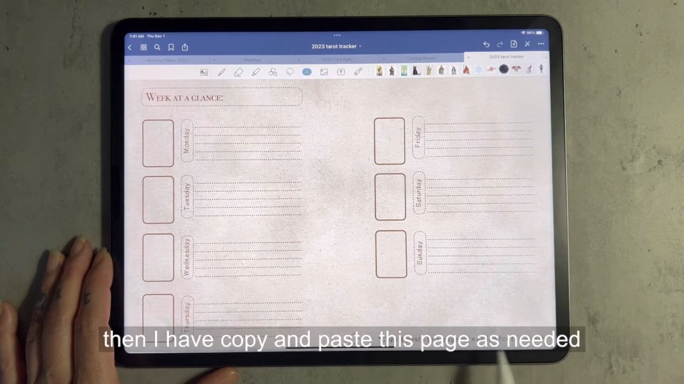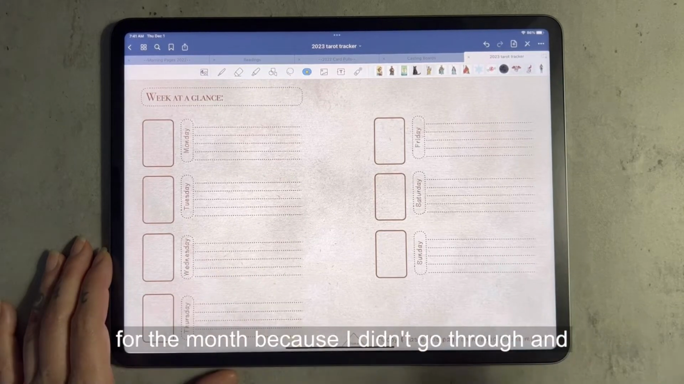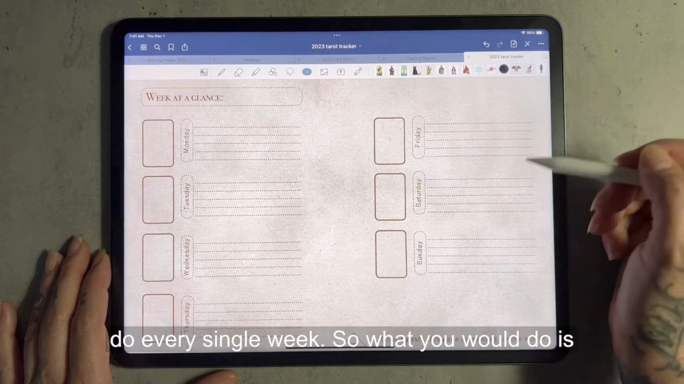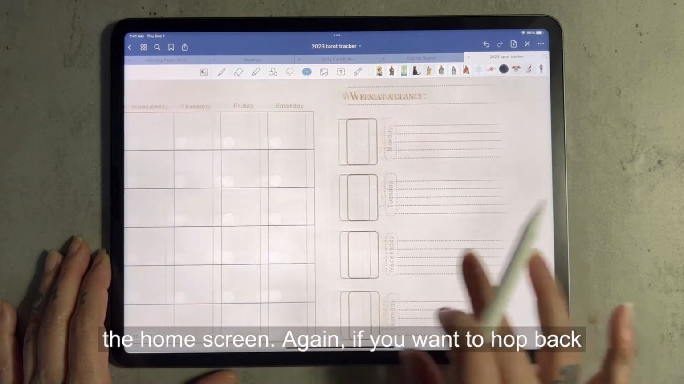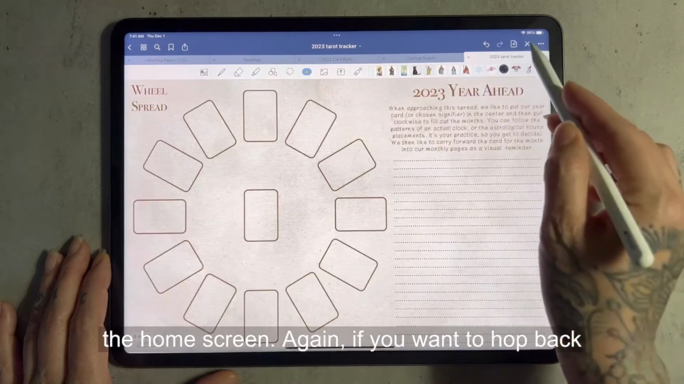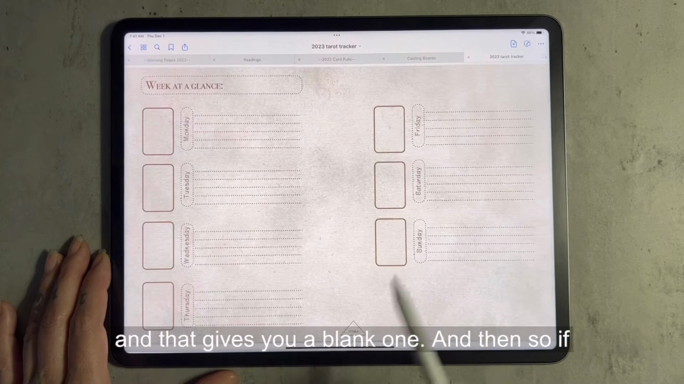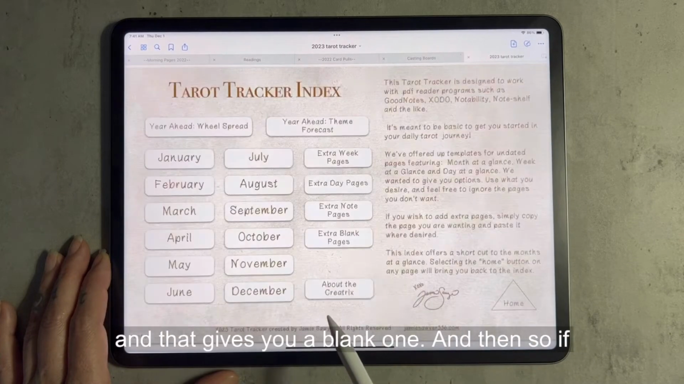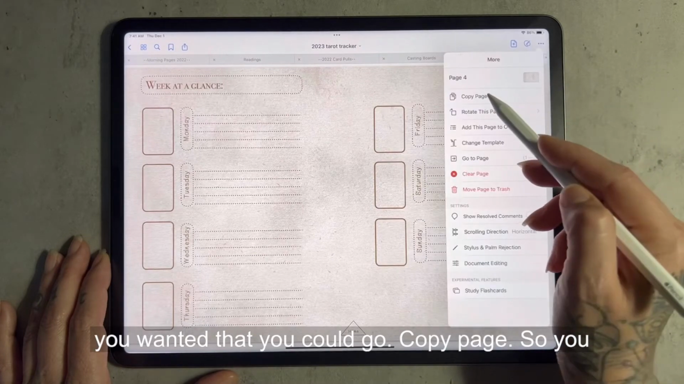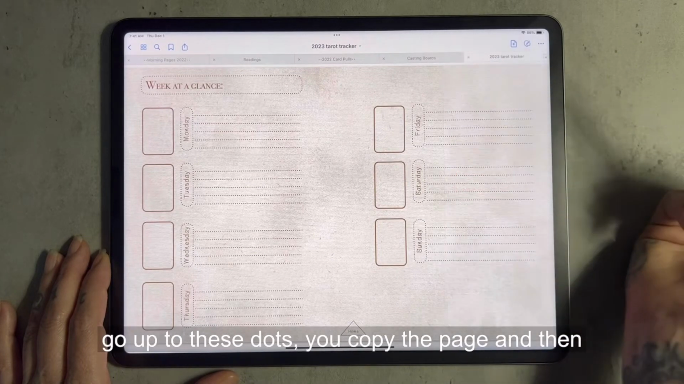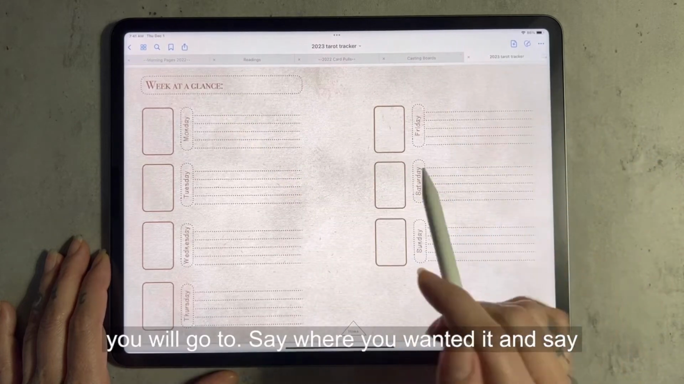And then I have this page to copy and paste as needed for the month, because I didn't go through and do every single week. So if you wanted to copy this page, we have them at the home screen. Again, if you want to hop back to the index, we have the extra week pages here, and that gives you a blank one. And then if you wanted that, you could go copy page. So you go up to these dots, copy the page,